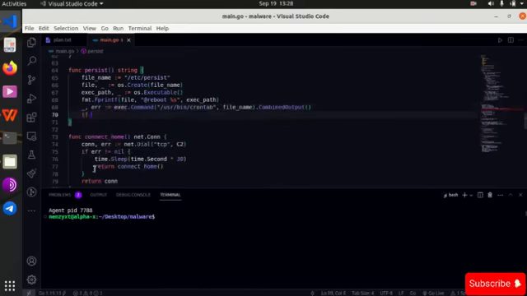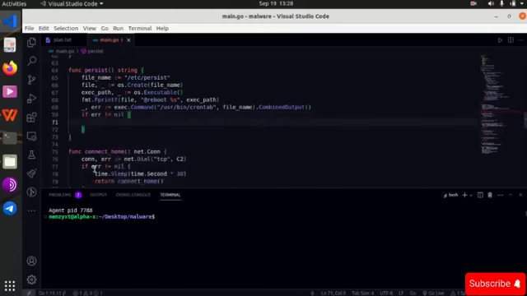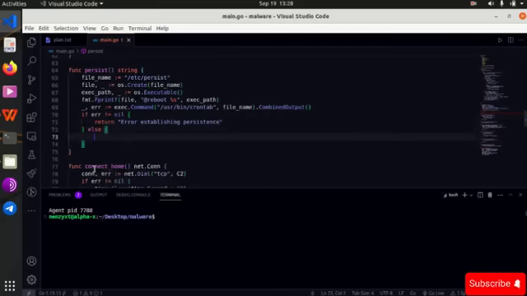And then we shall proceed to check if our error variable is nil. So if error is not equal to nil, then we shall return back the error. So return, or rather, you can just return a string that says the error establishing persistence. And if the error is nil, then you can simply return that persistence